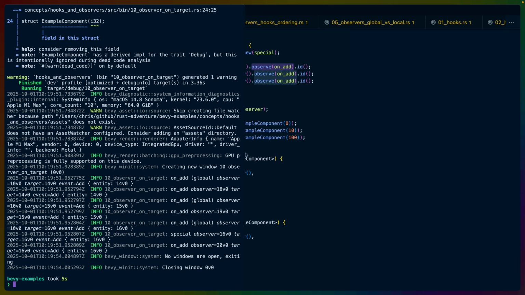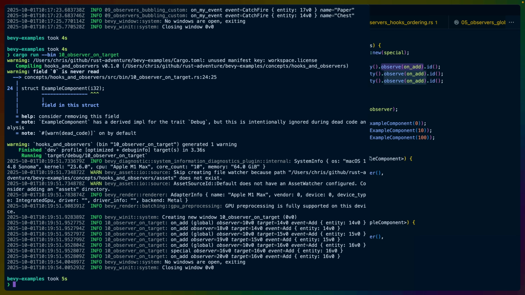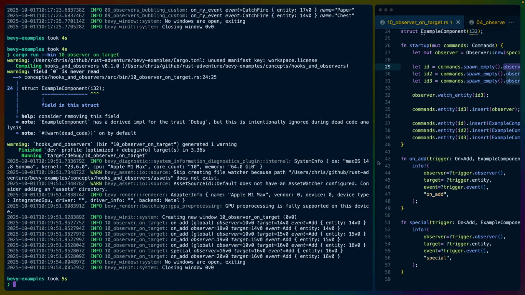Again, this kind of API is not one you'll find yourself using very often. You'll probably be using the higher level APIs, but it's good to know that observers are not particularly special in this sense. They do have syntactic sugar that is very useful for spawning new global or specific entity observers, but